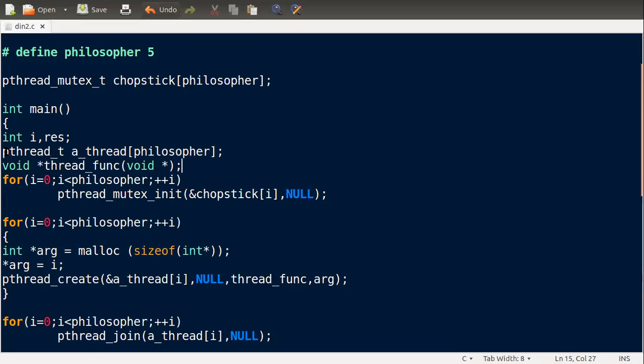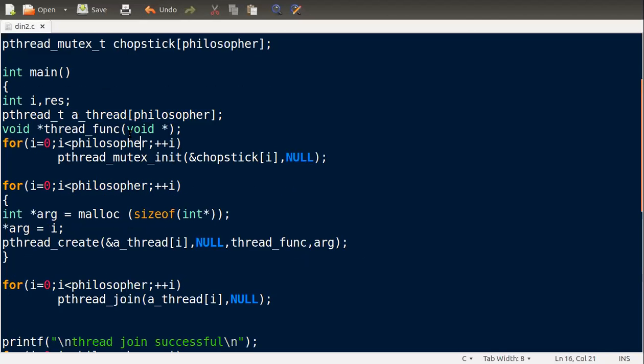So we have this pthread_t as a thread array for the philosophers. This is a data type for thread and this is the name of the array for the philosopher. Now, for every thread we should use some function. As you know, we did this in the matrix multi-threading assignment. If you remember, we have the thread function to create for everyone. So here we create this thread function, like this, you can see thread_function over here.